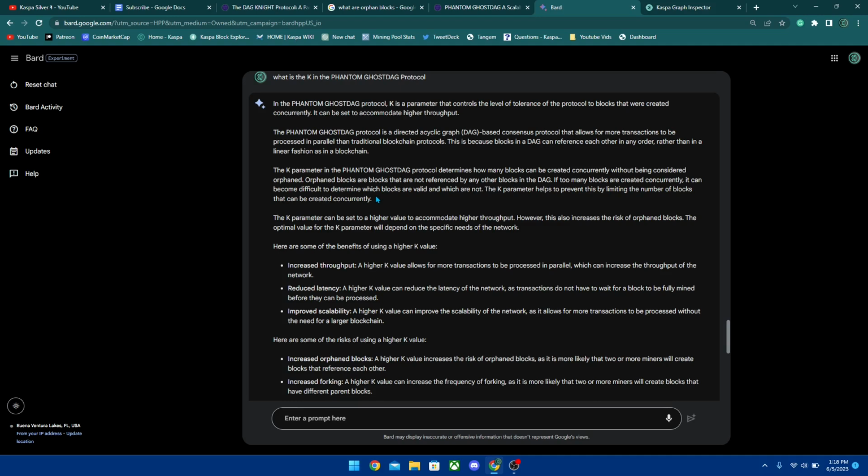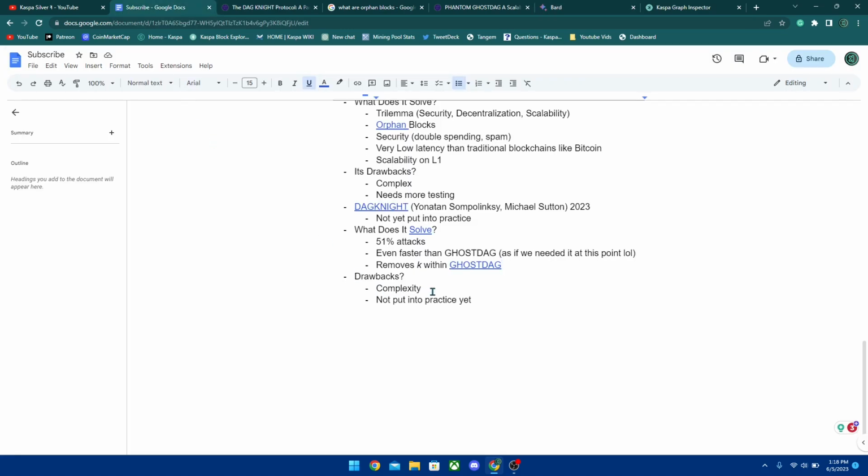So essentially, from watching other videos of how Jonathan explains it, every protocol has to assume something about the network. It has to assume the speeds and the transaction times and the latency of the network. But the DAG Knight protocol removes this K parameter and no longer needs to assume anything, which could then allow us to scale and increase speed and scalability, because this protocol no longer needs to assume basically what the GHOSTDAG protocol has to assume. Now that's probably the basic way I can explain it without going into detail and what my brain can wrap around. But again, this is a lot deeper stuff and it's not very easy to explain.